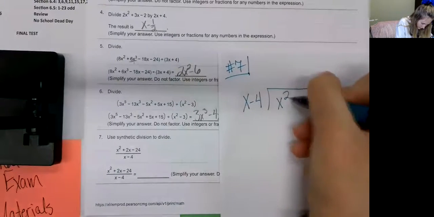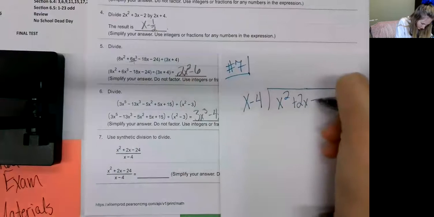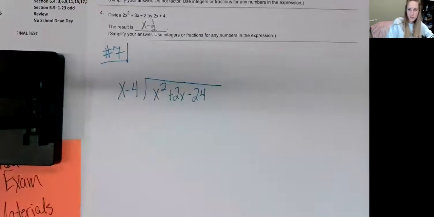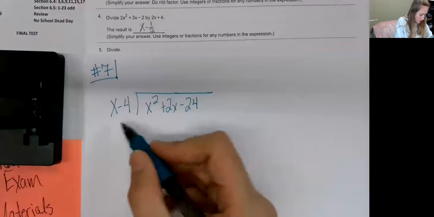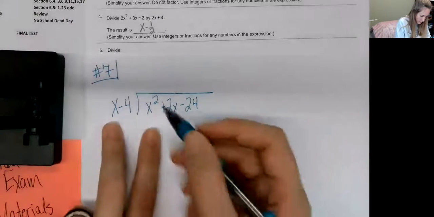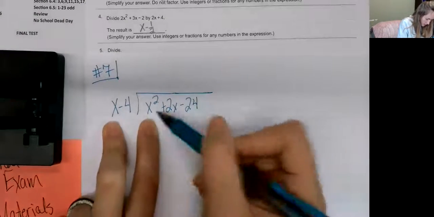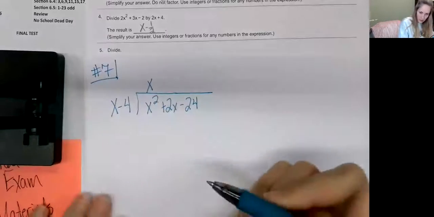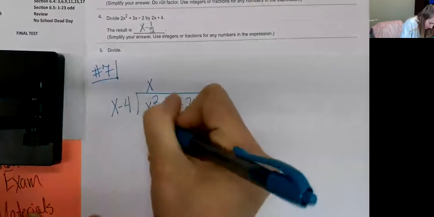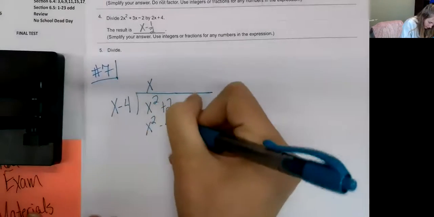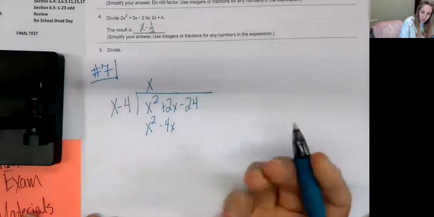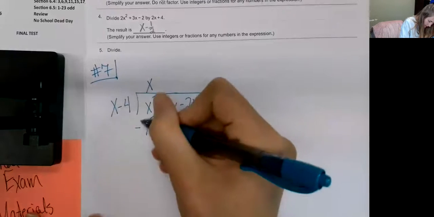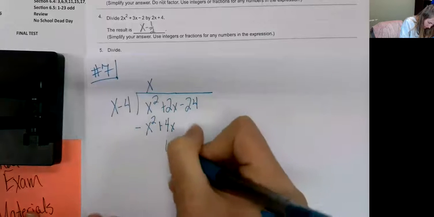We have x squared plus 2x subtract 24. So we're making our leading terms look alike. So I need my x to be x squared. So I'm going to multiply x by x to get our x squared. And then I'm going to distribute my x to x minus 4. So I'd have x squared subtract 4x. Then we change our signs because we're subtracting. These would cancel out, and I'd be left with 6x